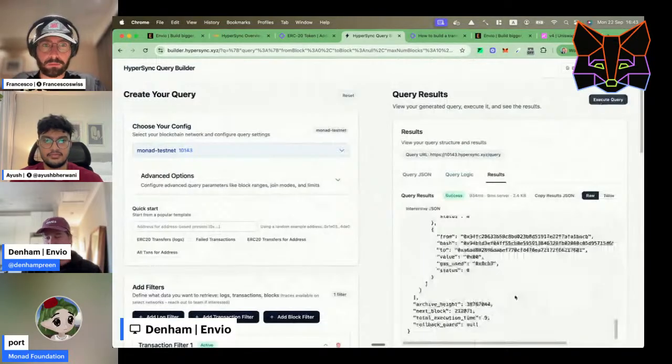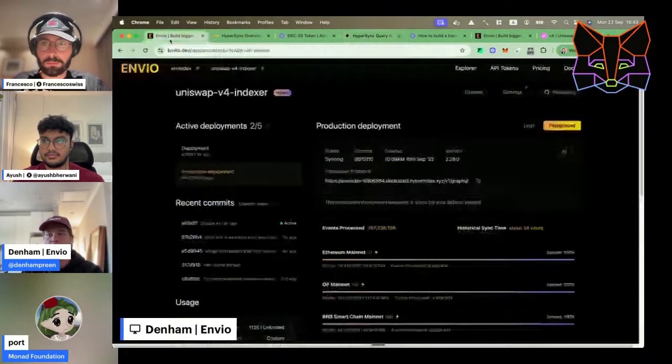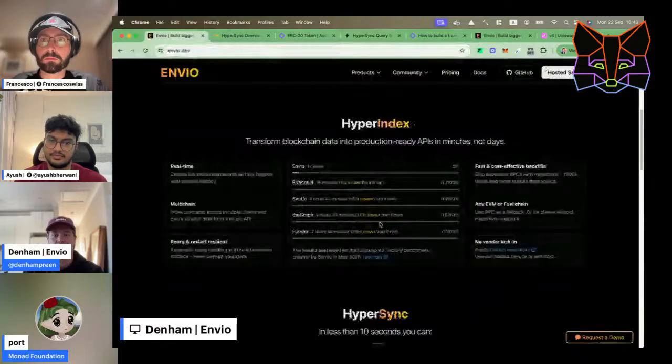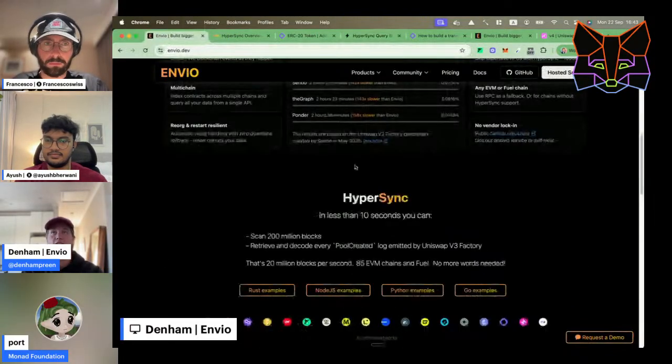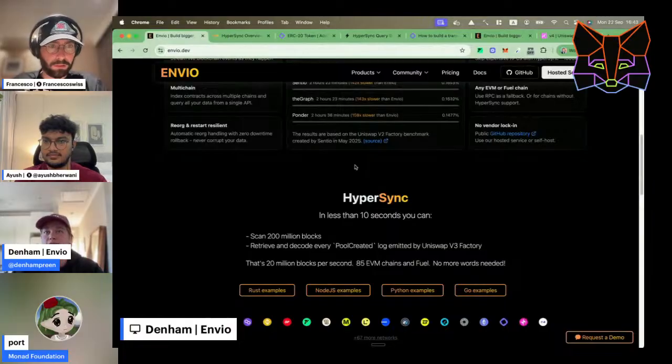So, super high level, just to recap: there are two core products, HyperIndex and HyperSync, with HyperIndex being an end-to-end framework for building APIs. The last thing I want to show you, which is really quite standout, is that the handlers are asynchronous